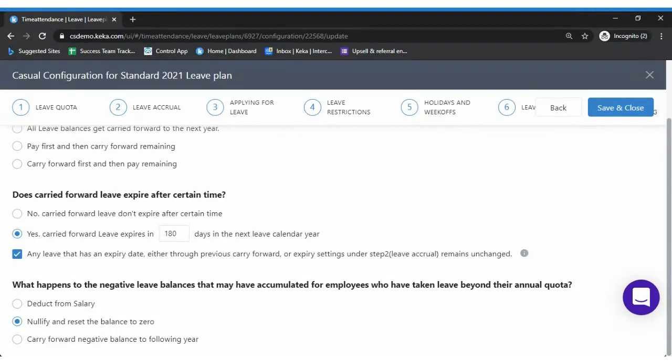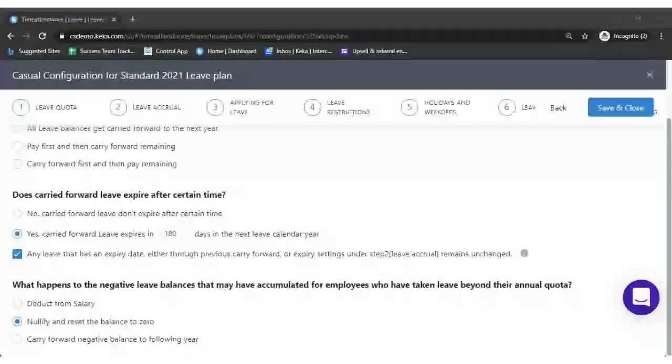If you want to keep the setting unchanged for both, you need to check this box, so that it will not affect the awarded balance which has been awarded to that employee by his reporting manager. It doesn't get affected by these settings.